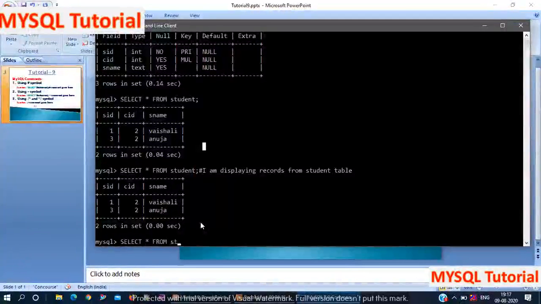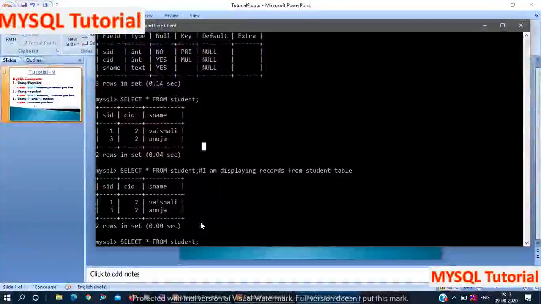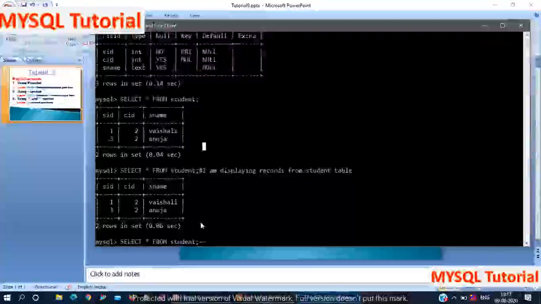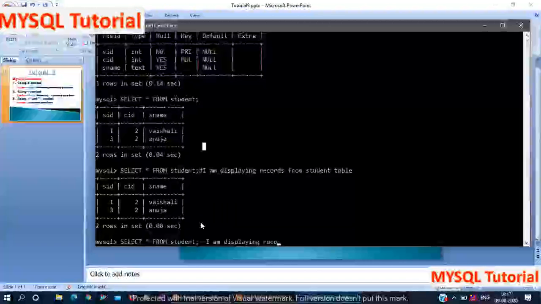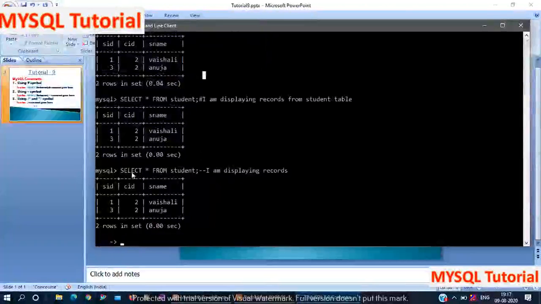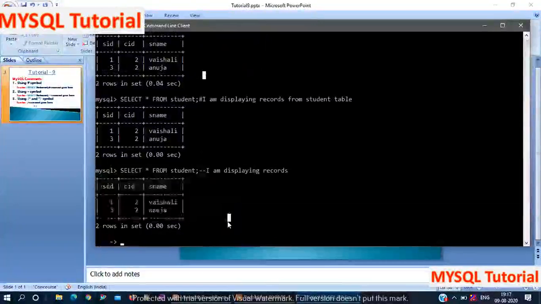Table name is student. Then you have to use minus minus. Then you can give any comment: I am displaying records. Okay, here we got the output of this query.